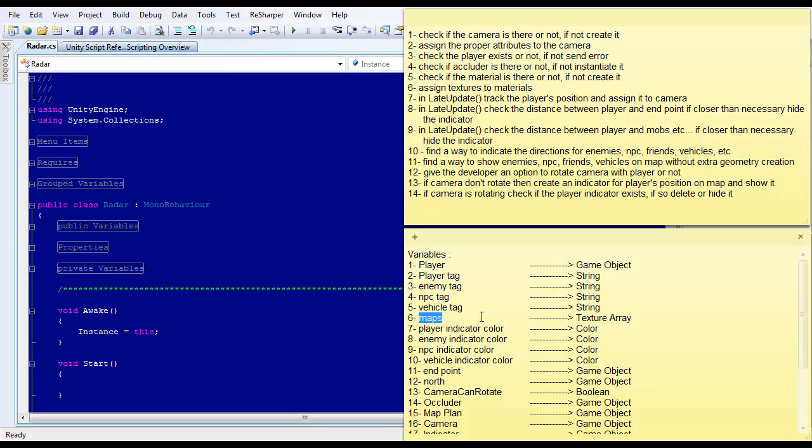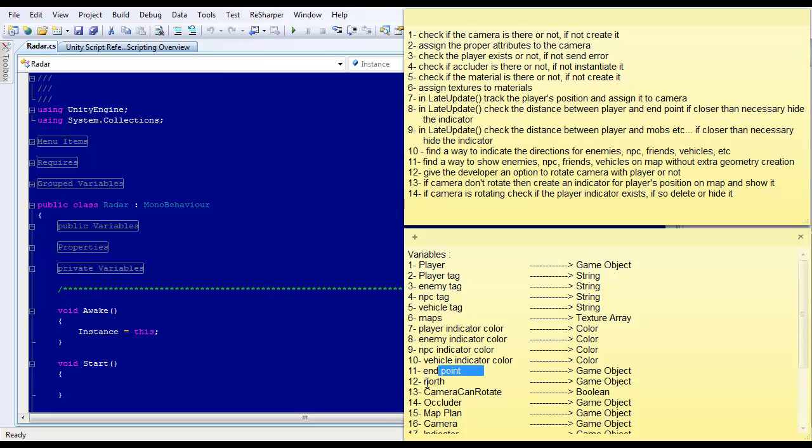We have an array of textures for maps. Unlike Bootcamp that had one map texture, we can give the developer ability to switch the textures depending on game level. We will have a player indicator color, enemy indicator color, NPC indicator color, vehicle indicator color, and endpoint, that's a